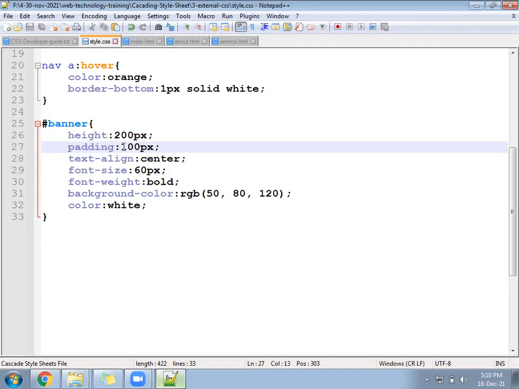Top, let me increase to 120. Then from left to right, let it be 100 only. Since you have given text align center, it will not reflect. From bottom, give 100. Then it should come in the center.